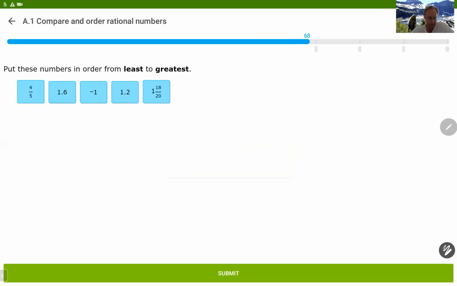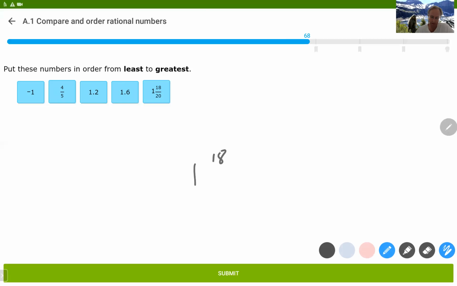Now we want these numbers from least to greatest. So I'm going to start with the negative. So it's the least. Then I have a proper fraction. And then I have a 1.2. Now the big thing is what decimal goes with 18 over 20? Well, it just so happens that 1